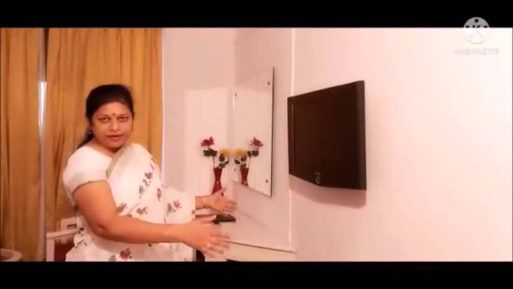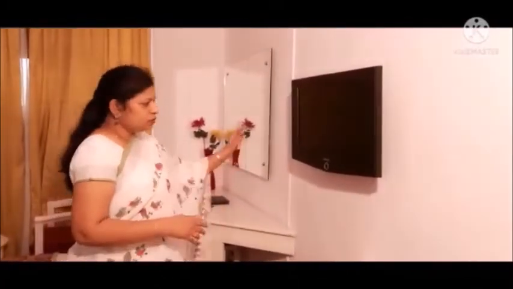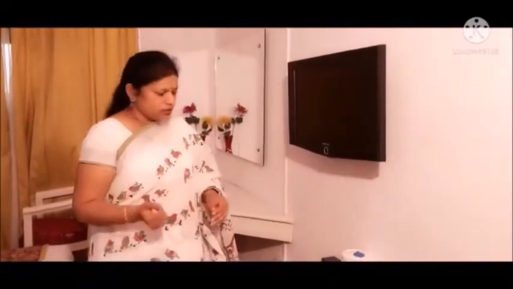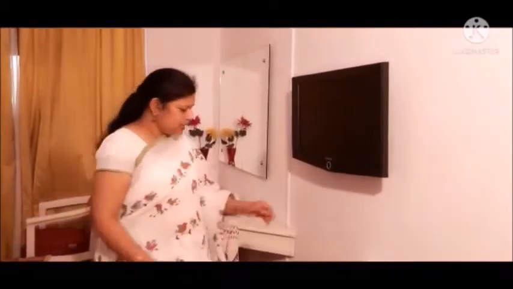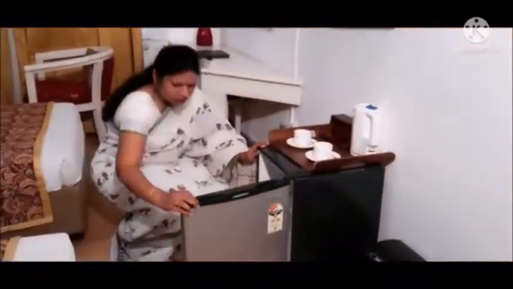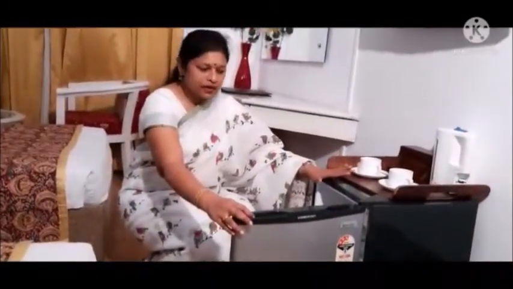We have a TV cabinet over here. Generally all the 5-star hotels will have a TV cabinet. There are 3 fixtures put up over here. One is the TV with remote. The remote is always placed on the bedside table for the convenience of the guest. And we have a fridge which is called the mini bar. And what are the supplies placed in the mini bar? There are 2 water bottles, 3 soft drinks, 2 beer bottles and a few chocolates.